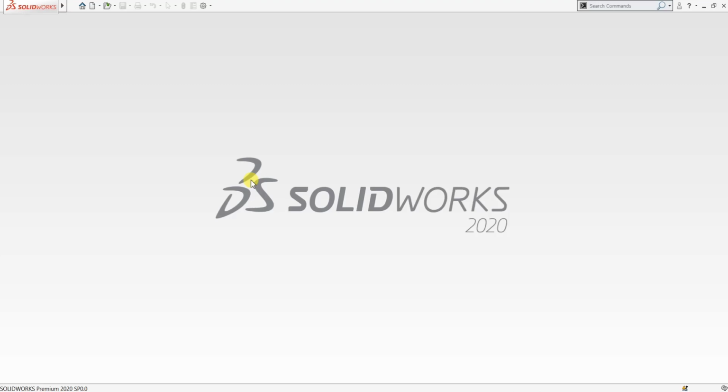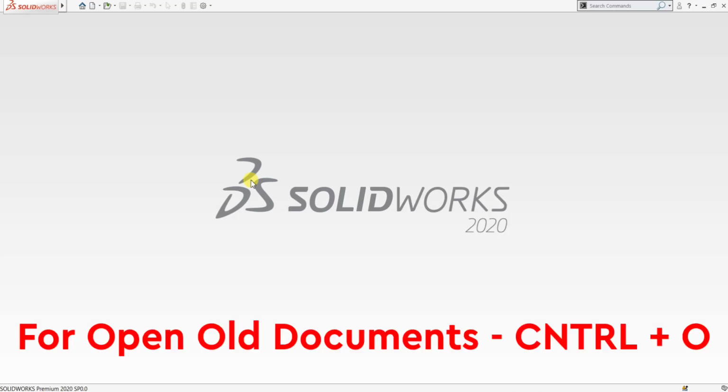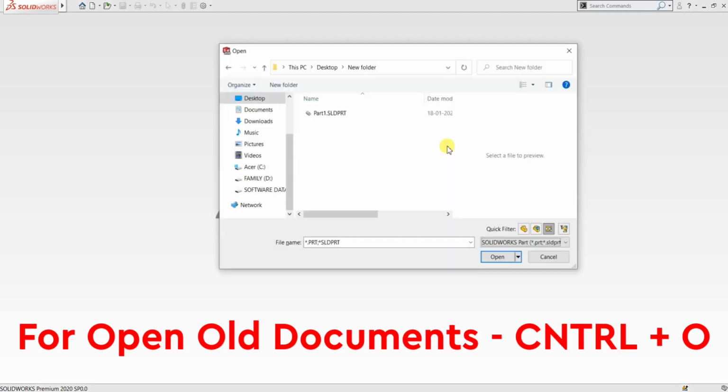Our next shortcut key is how to open our old document. For that, you can press Ctrl plus O on your keyboard. Then you can see the open window is now open. Then select your part file.